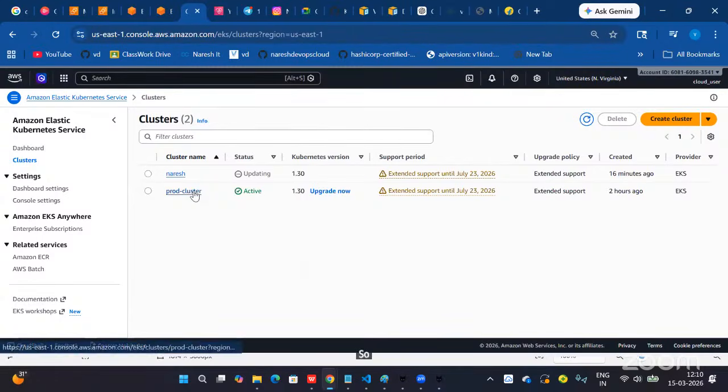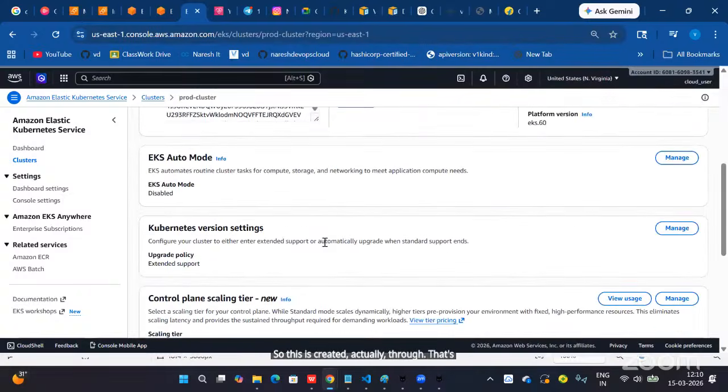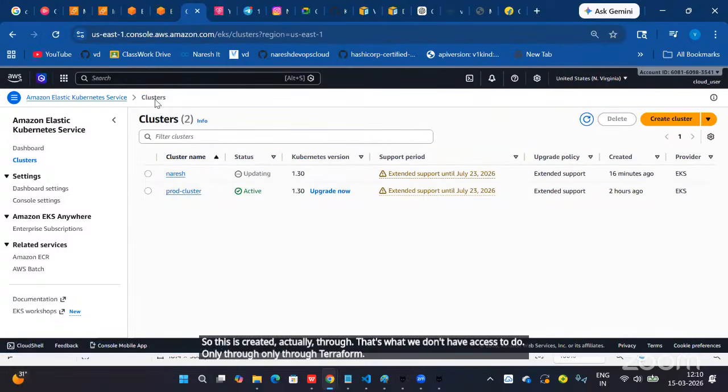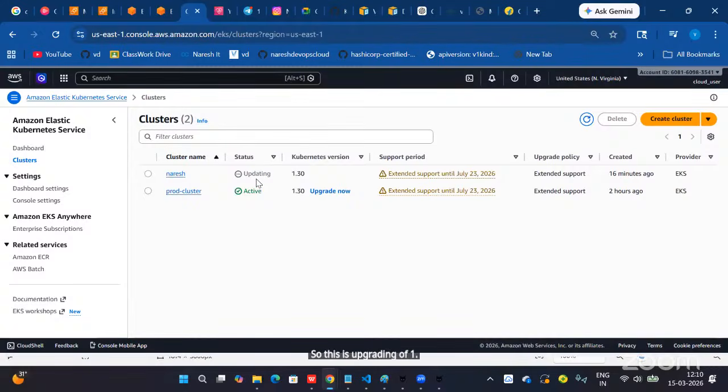So this is created actually through Terraform. That's why we don't have access to do it other than through Terraform. So this is upgrading now from 1.30 to 1.31.